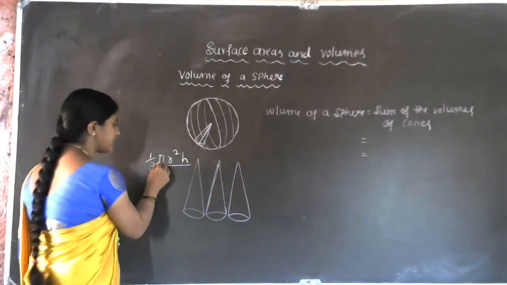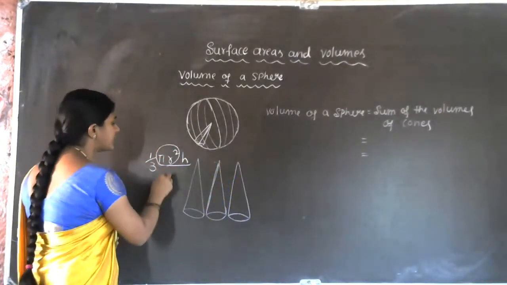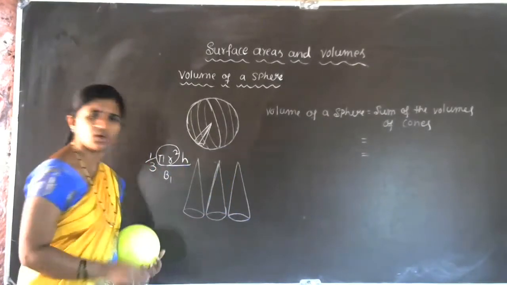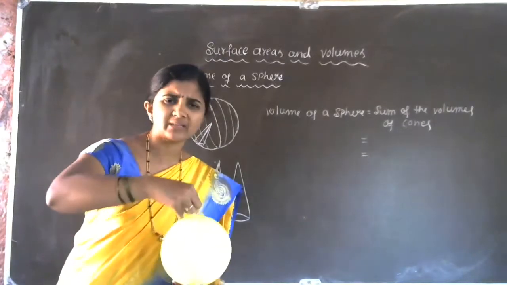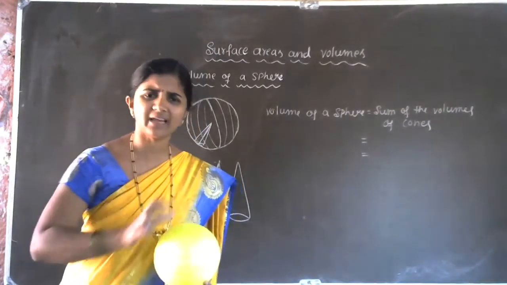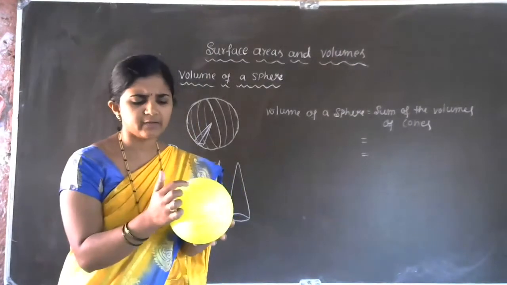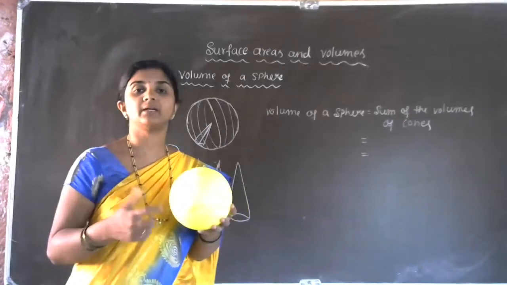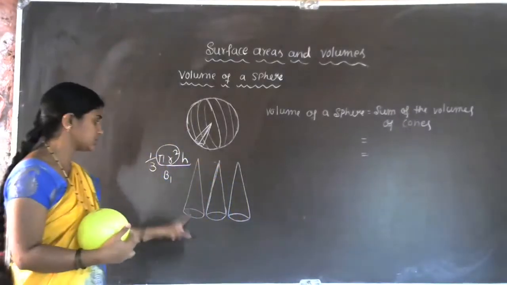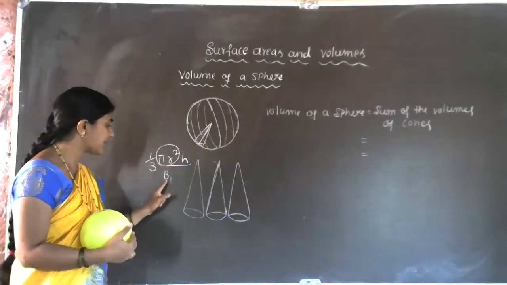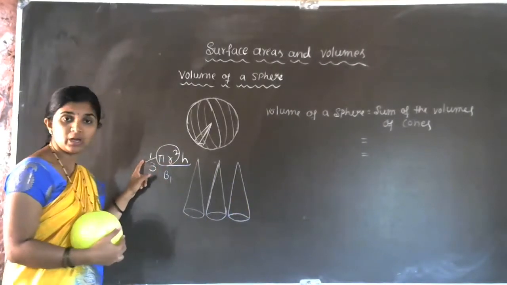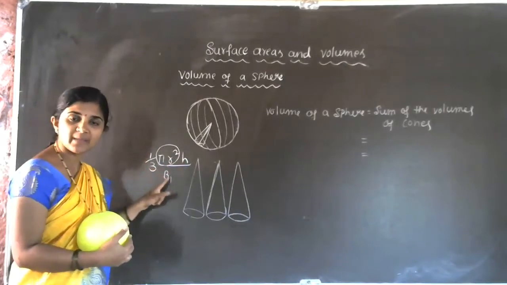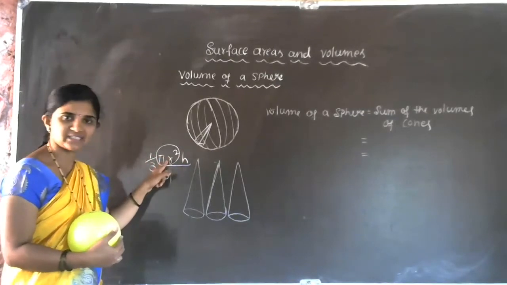Now for this derivation, I am going to choose this pi r square as base b1. We'll get different bases, not equal bases, because the small cones we are removing do not have equal areas. We take one small-base cone, then a big-base cone. Since they do not have equal bases, we take this pi r square as b1. Now the formula of the cone is 1 by 3 b1 into h. Here b1 represents the pi r square base.